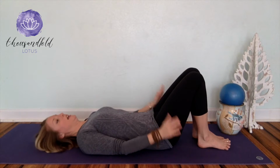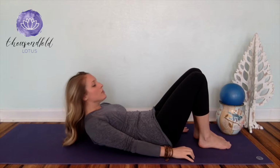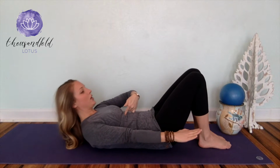If I didn't do that, this is what it looks like, and this helps you see why we do that. If I come right up, I have to lift my head up and then put my head into place. Our head weighs about 10 pounds, and that's a lot of work for the neck. So if we just make it easy on our neck and tuck the chin first and then use the core to come up,